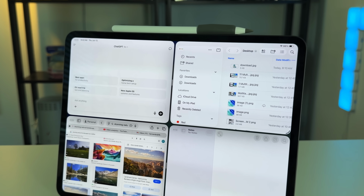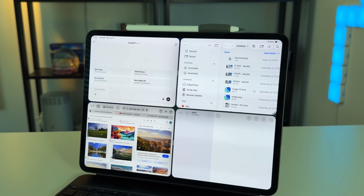So there's a bunch of new stuff, from high-level ones as well as some more nuanced ones that I've noticed over the last month of using